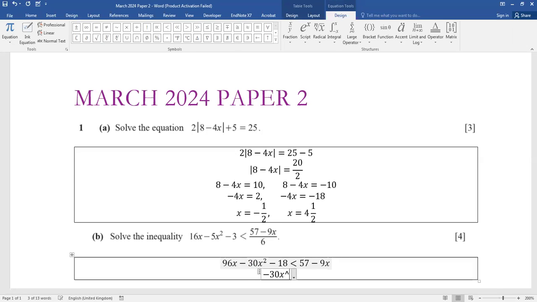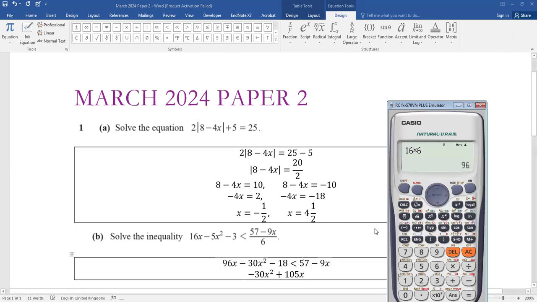So minus 30x squared plus, if I have a 96x plus 9x, that is 105x, and I have minus 18